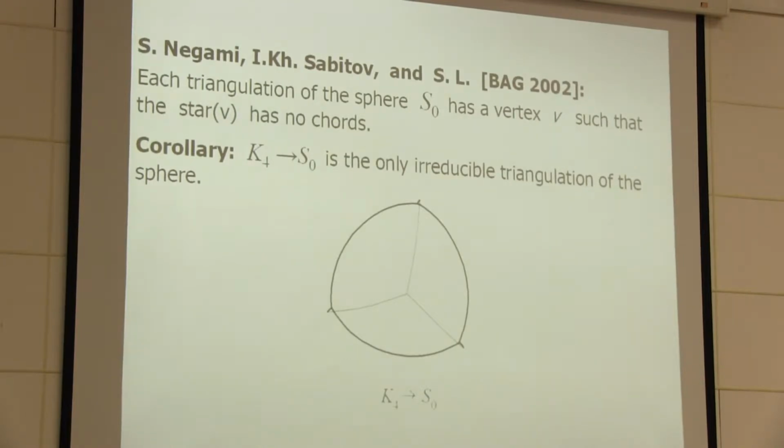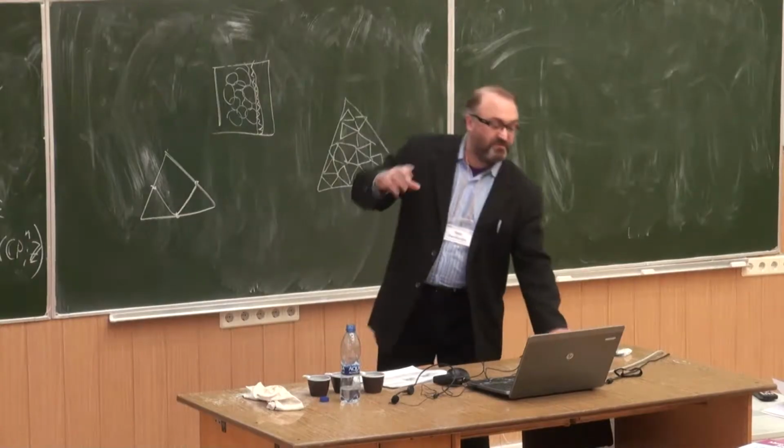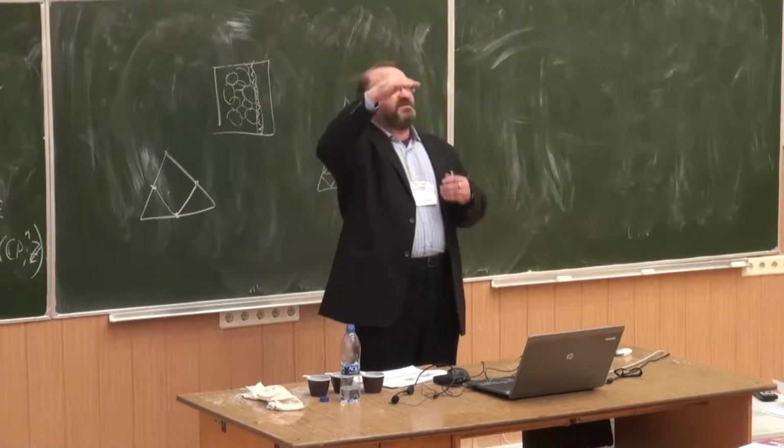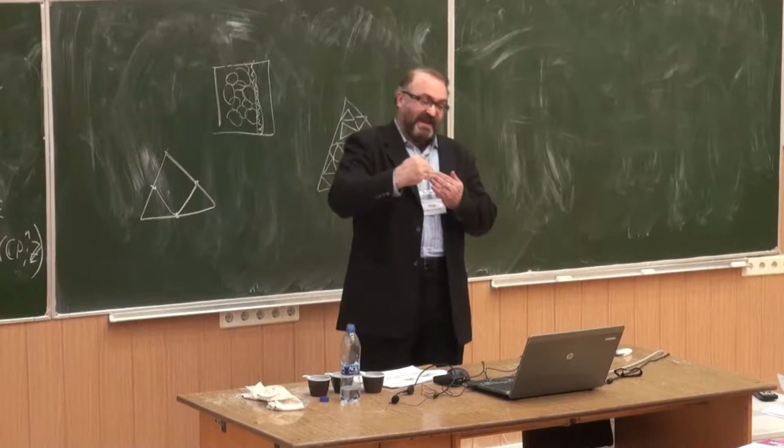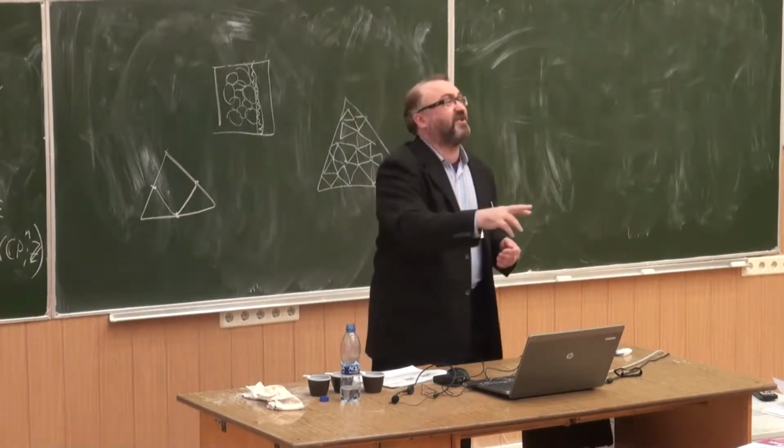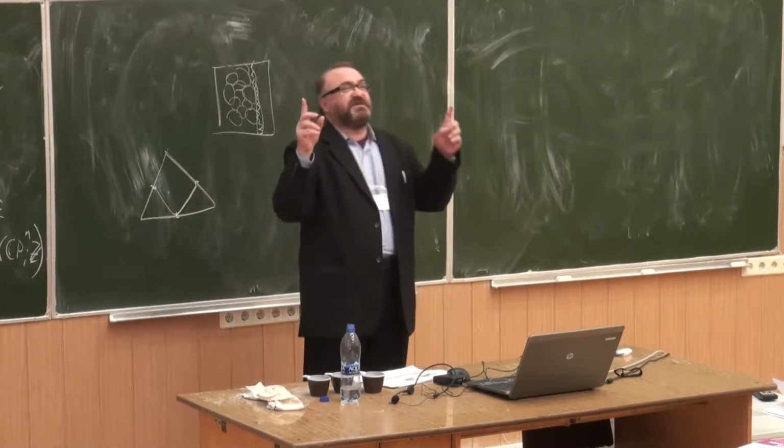This is an embedding of the complete graph of 4 vertices on the sphere. Here, actually, you can shrink any edge, because again, look, you can shrink any of the edges of the tetrahedron and no parallel edges would appear. But another ugly thing would happen. Look, if you still insist on contracting an edge in this triangulation, this will give you just a cycle of